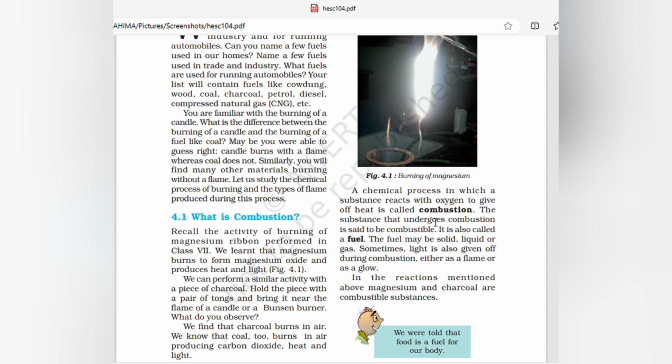A substance that undergoes combustion is said to be